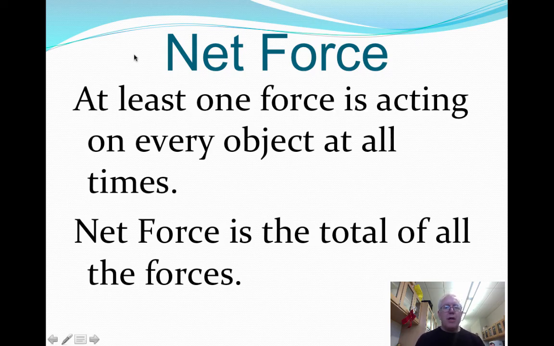All right, so now we'll talk about net force. And net force is the idea of how do all the forces add up together? What's the overall force? I kind of think of net force like net pay if anybody's getting a paycheck. You get your gross pay, and then they take out your taxes, and what's left over is the net force. So if there are forces working against each other, the net force is what's left over, what's available to cause the motion. Okay, so there's at least one force acting on an object at all times, and again, the net force is the total of all of these forces when you take them all into account.